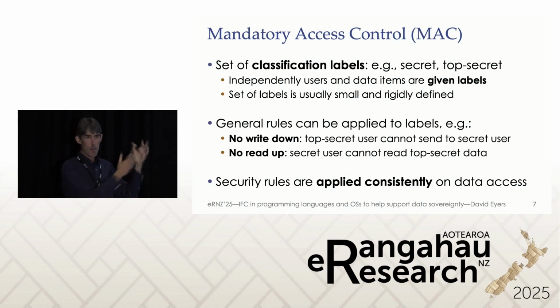And so the labels will be the typical intelligence organization type things, public, secret, top secret, that kind of stuff. And then you've got some very easy rules that you can apply systematically to all accesses to that data: you're not allowed to write top secret information that you can see down to a lower level. That would be declassifying the information. That's an unusual operation, so normally you can't do that. And you can't read things that are above your security classification. So you've got that kind of strict hierarchy.